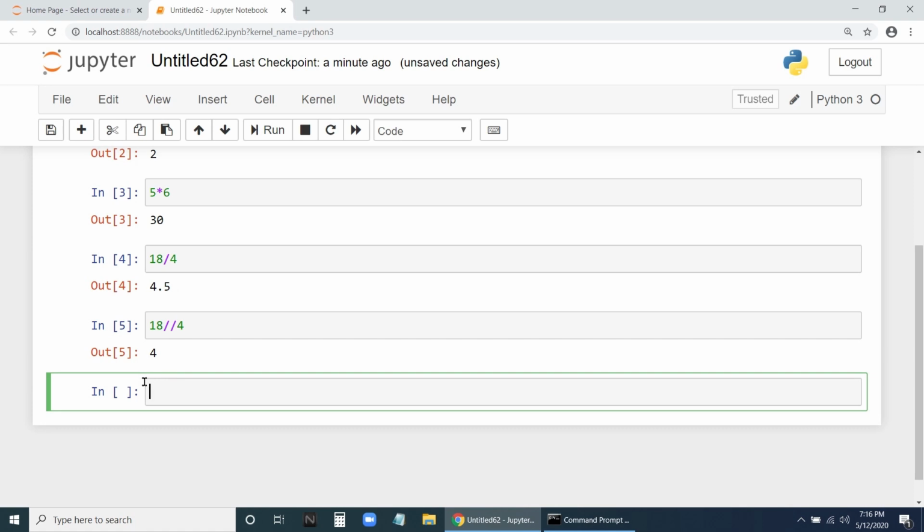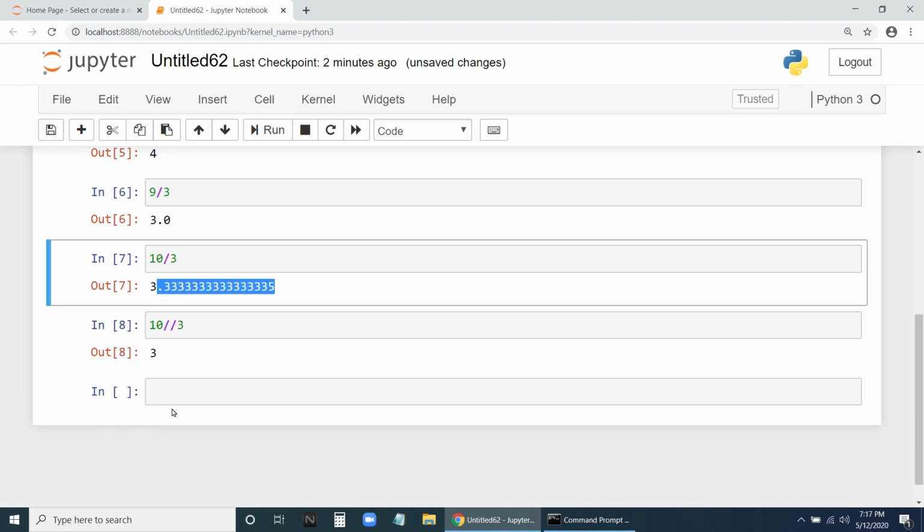For example, 9 divided by 3 is 3, since 3 3s are 9. Now 10 divided by 3 is 3.33, but 10 double slash 3 gives only 3, because the 0.33 has been removed.